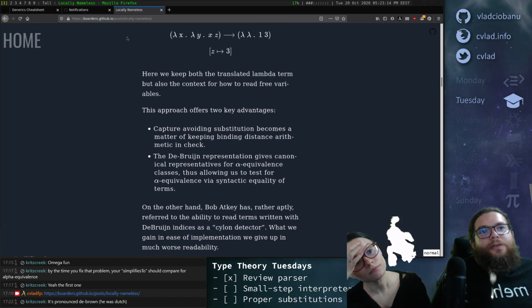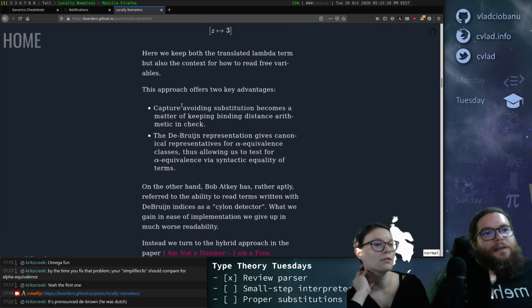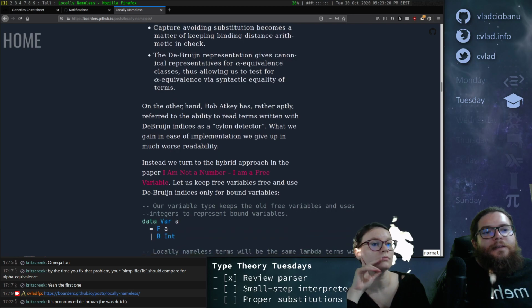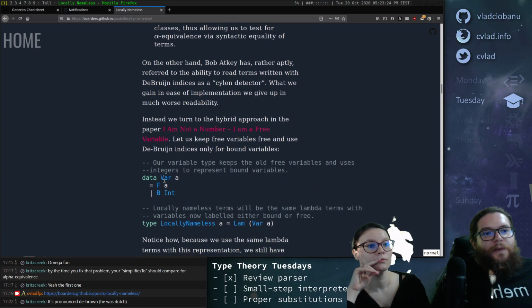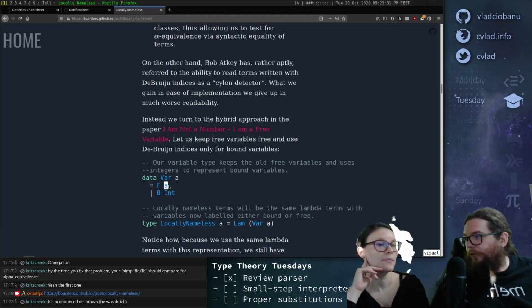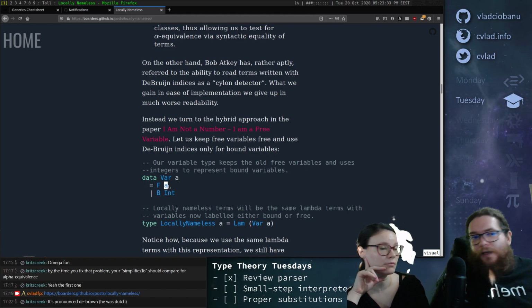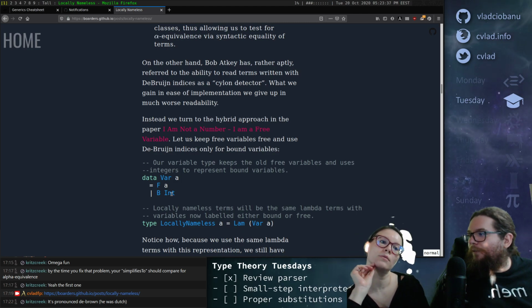But the approach that Kaelan suggests here is that instead of that, let's use, why not both? So if it's a free variable, you keep its original name, like z or x or whatever. In that example, exactly, it's z. But if it's bound, use an integer instead, right?